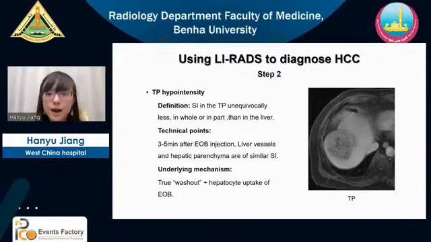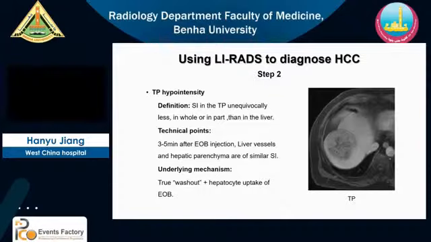So it's important for us to understand the limitation that for hepatobiliary contrast agent enhanced MRI, washout appearance can only be appreciated on portovenous phase images. But for the extracellular contrast agent enhanced MRI, we can evaluate